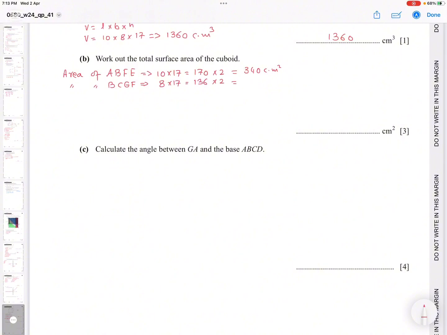So because we are actually calculating the total surface area, these surfaces are all rectangles. So length into breadth gives us the area. So 272